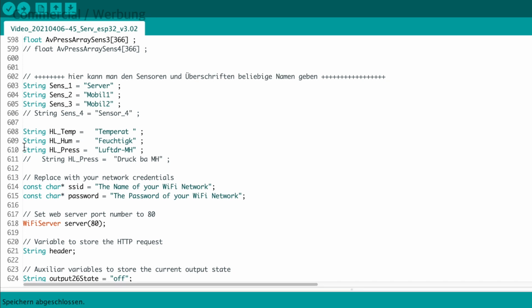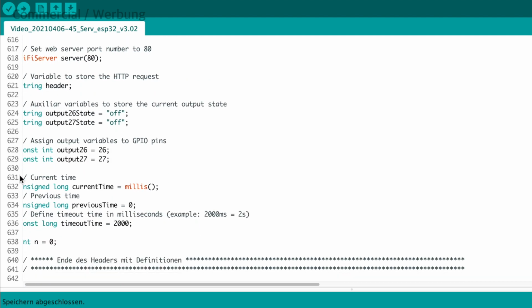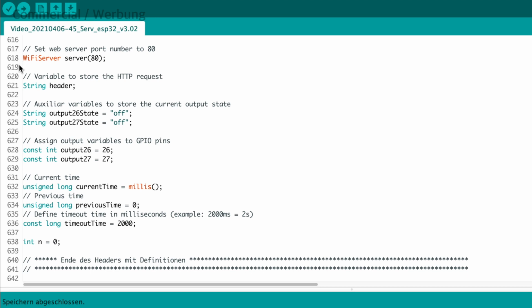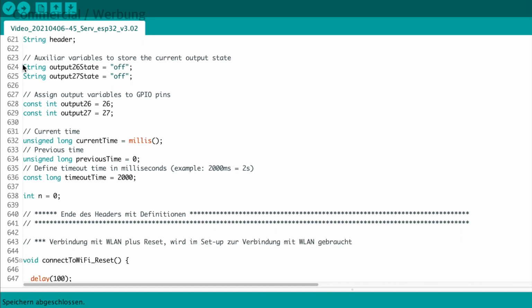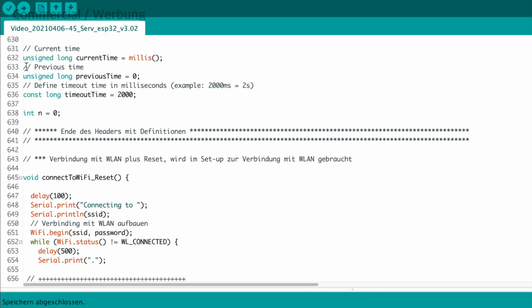Then we have the headlines definitions for our web page. You can change them to any other strings you want to see on your web page. Then we need to define a port number for our server. The next lines would define switch functions on our web page. However, they are not used yet.